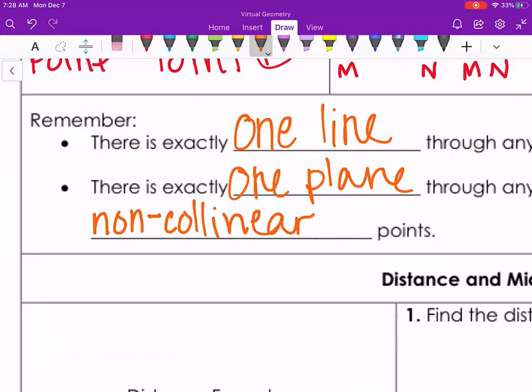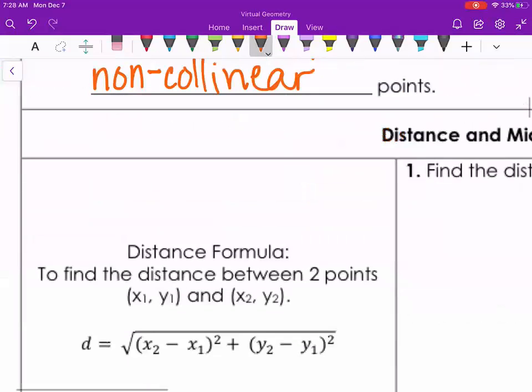Remember, non-collinear means they don't line up. Collinear by itself, collinear, they do line up. I can connect them all with one straight line. All right. Now, when we talked about your lines, we were able to go into our next little section, which